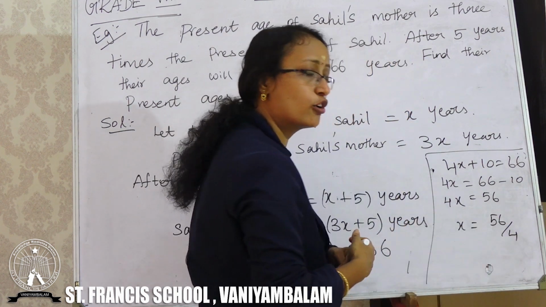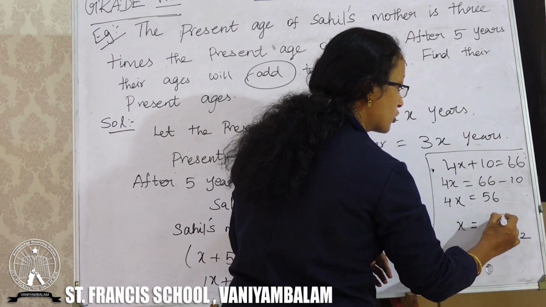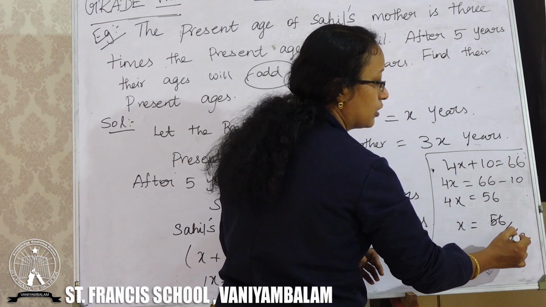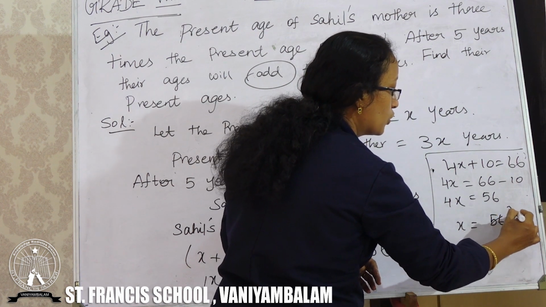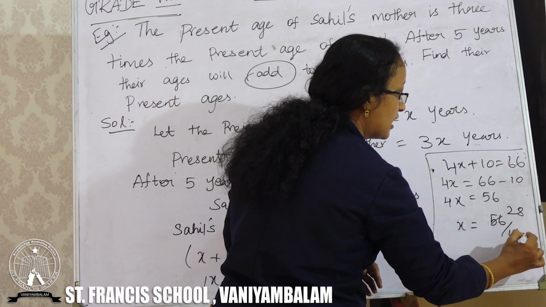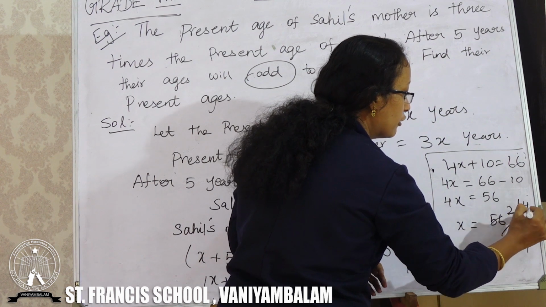You can cancel in the 4 table, or you can reduce it to the simplest form in the 2 table also. So 2 times 4, you will get in the 2 table 2 times, and here 2 2s are 4, 28. And again if I cancel this 2 and 28, you will get 14.